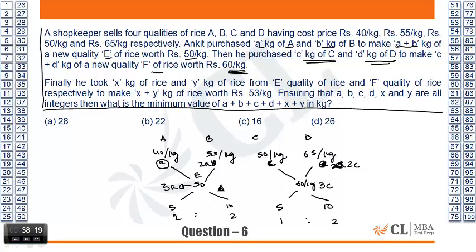My figure, I don't have any place now. He has taken X kg of rice from here. We have to continue this. Shall I do this? He has taken X kg of rice from here and Y kg of rice from here to make 53 kg. Oh, this is complicated. So let's say 50 and 60 to make 53 kg. This difference is 7 and this difference is 3. So I know X is to Y is 7:3.